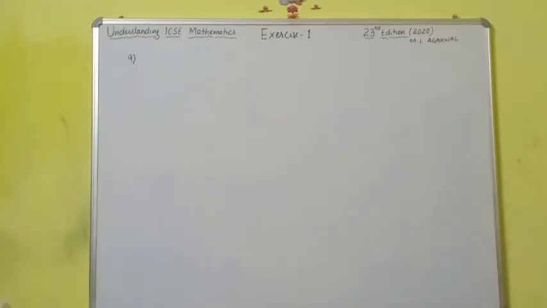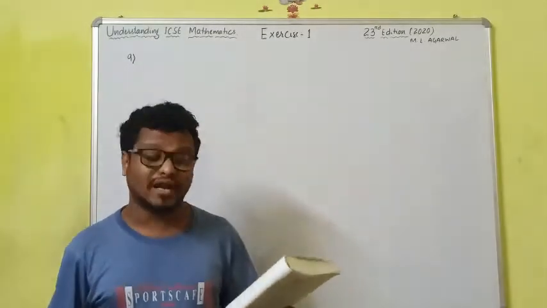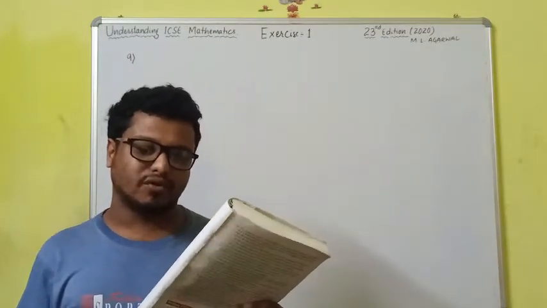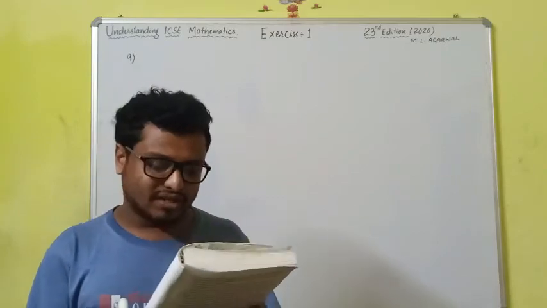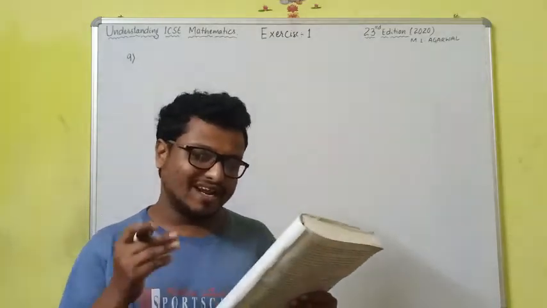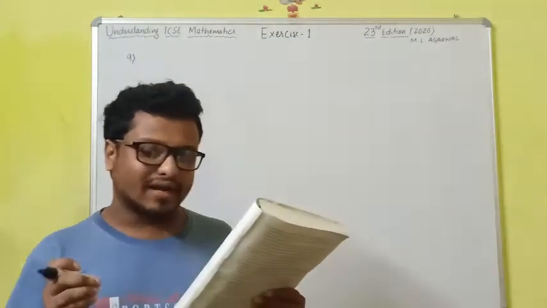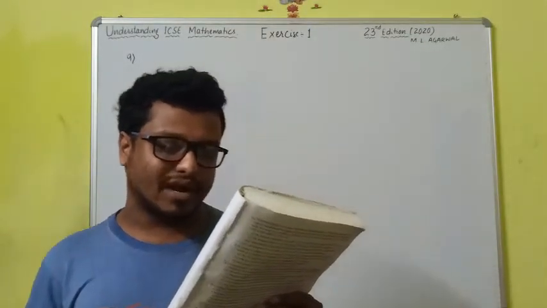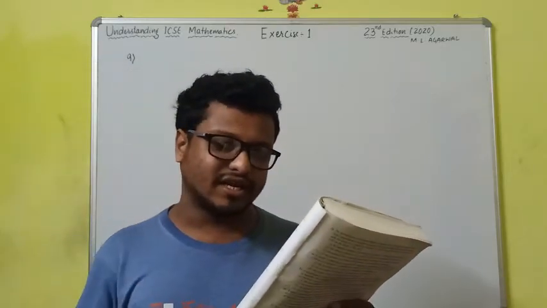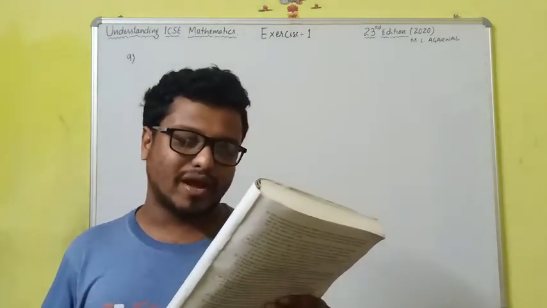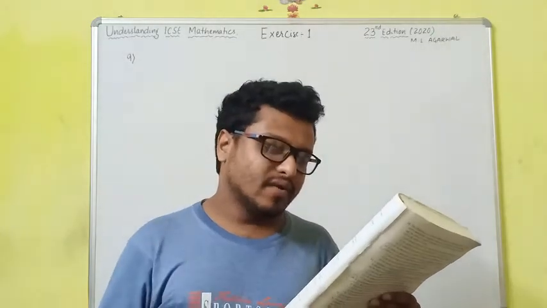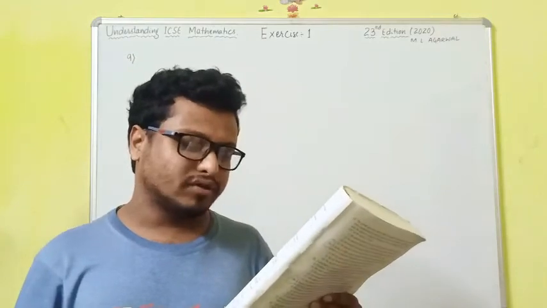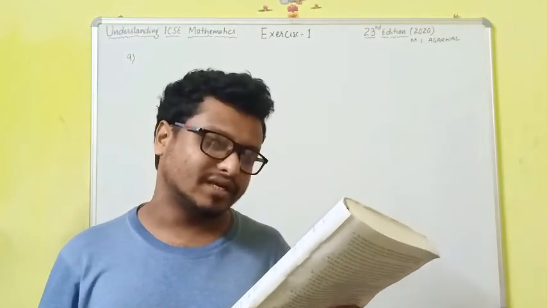So let's start question number 9. According to question number 9, a dealer buys an article at a discount of 30% from the wholesaler, the mark price being rupees 6,000. The dealer sells it to a consumer at a discount of 10% on the mark price. If the sale is intrastate, the rate of GST is 5%. Find the amount paid by the consumer for the article, the tax under GST paid by the dealer to the state government, and the amount of tax under GST received by the central government.